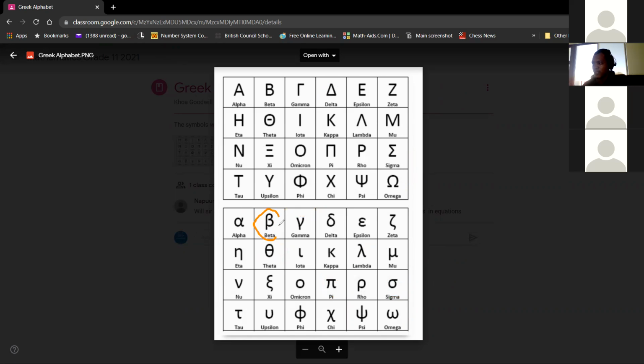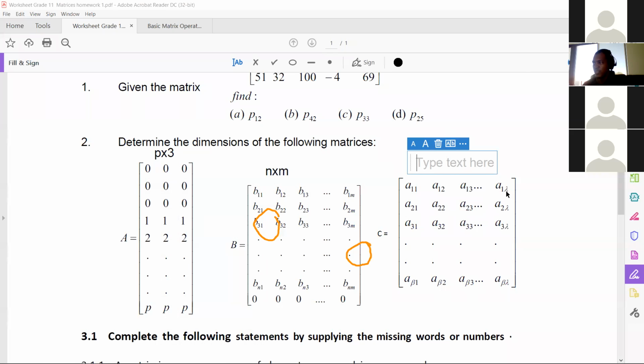So this one, beta and lambda, okay? Those are the two that you are actually seeing at the moment in the question over here. So we have lambda and then we have beta, all right? It's not an X, it's lambda, and that one is beta. So that is an extra